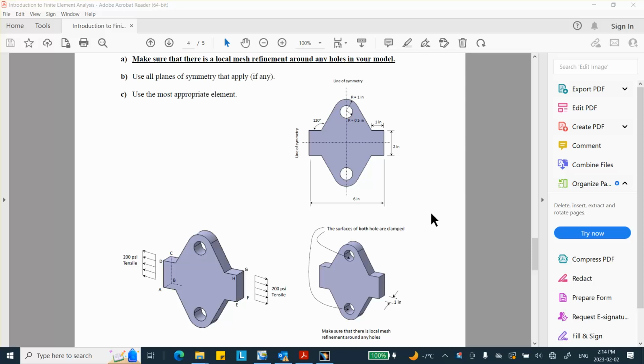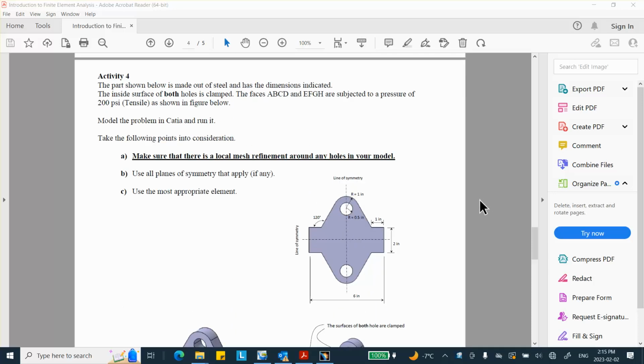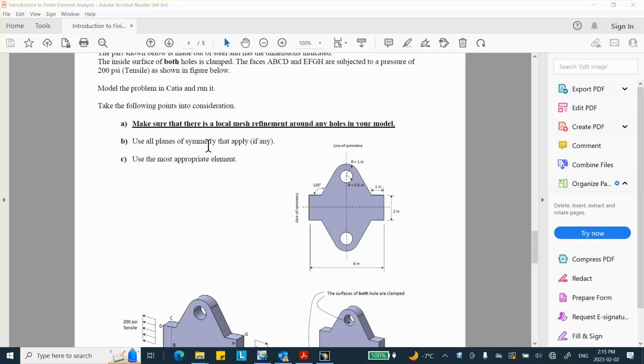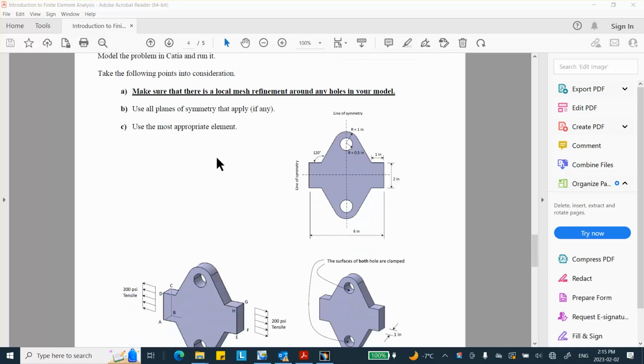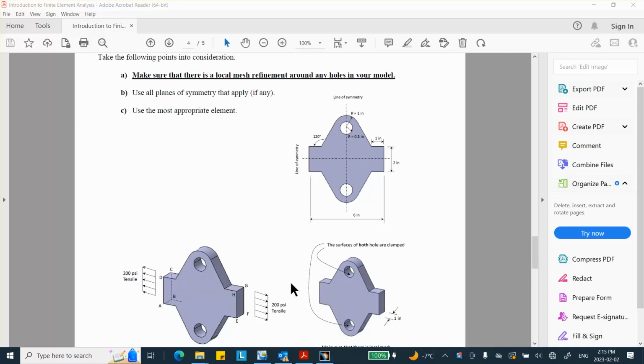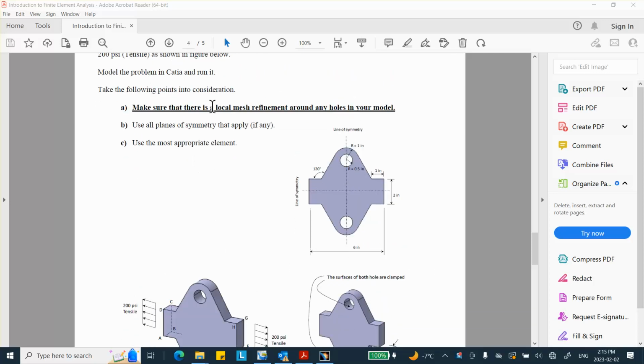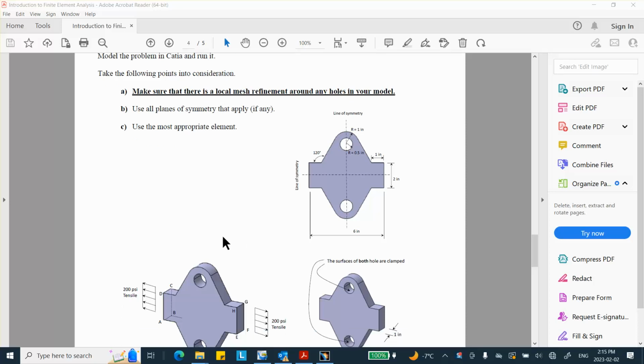This is activity 4 in lab number 5, and the problem that I will be doing is something from a previous test, and you're asked to take a look at this geometry. First of all, use the most appropriate element, and obviously you're not going to use beam elements here. Solid element is what we're going to be using, although if you had shell option, I mean, we have